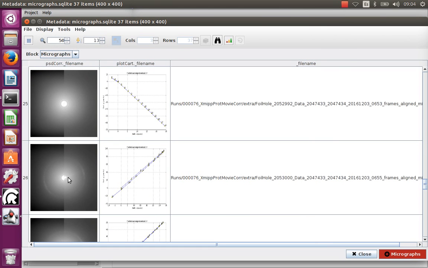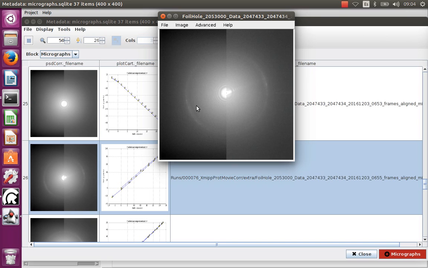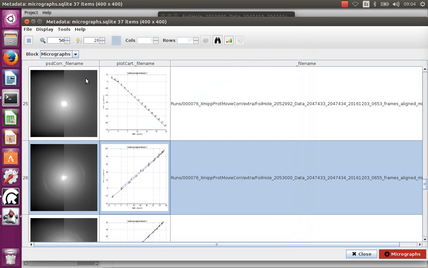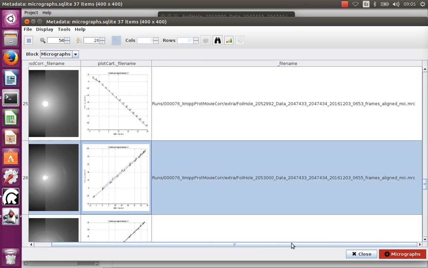For instance, in this one you clearly see a drift, and it has been compensated. And here we can see that the movement was huge in that case, in both directions, X and Y. So the global shift correction is really compensating for incorrectly acquired images. They were incorrect simply because they were moving a lot. Okay, so